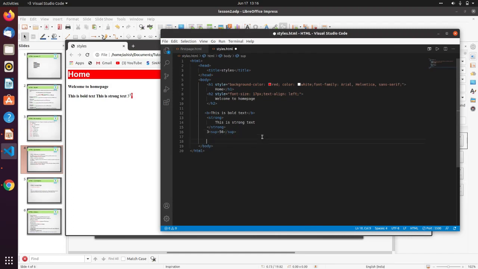So here just type blockquote, and within this blockquote type this area is under blockquote. Just use a line break here so that it will be visible nicely.